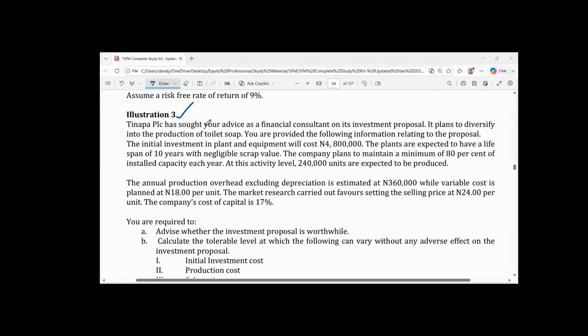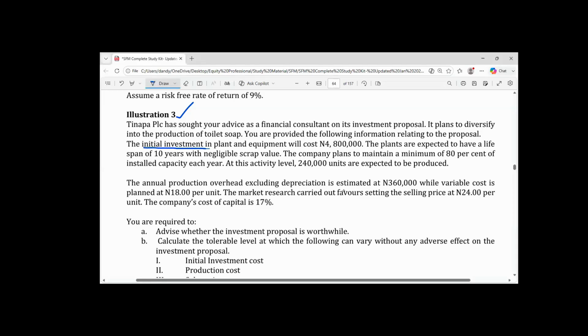Good evening, everyone. Tinapa PLC has sought your advice as a financial consultant on its investment proposal. It plans to diversify into the production of toilet soap. You are provided the following information relating to the proposal. The initial investment in plant and equipment will cost 4.8 million naira. The plants are expected to have a lifespan of 10 years with